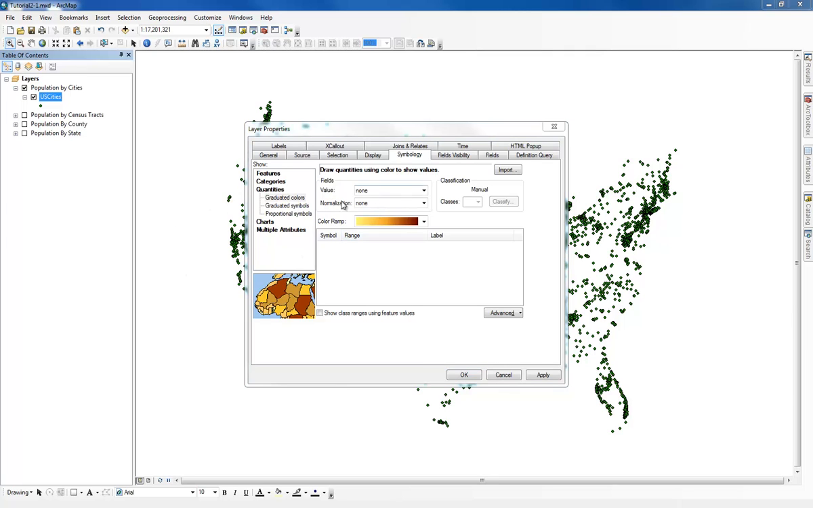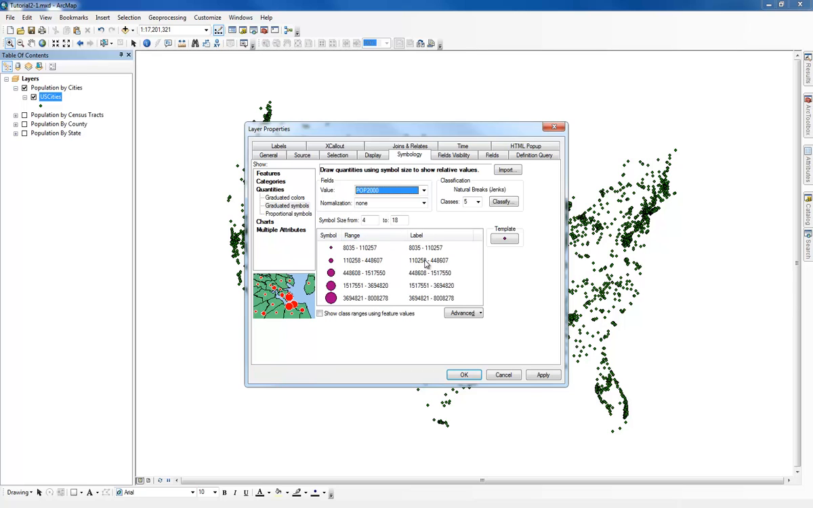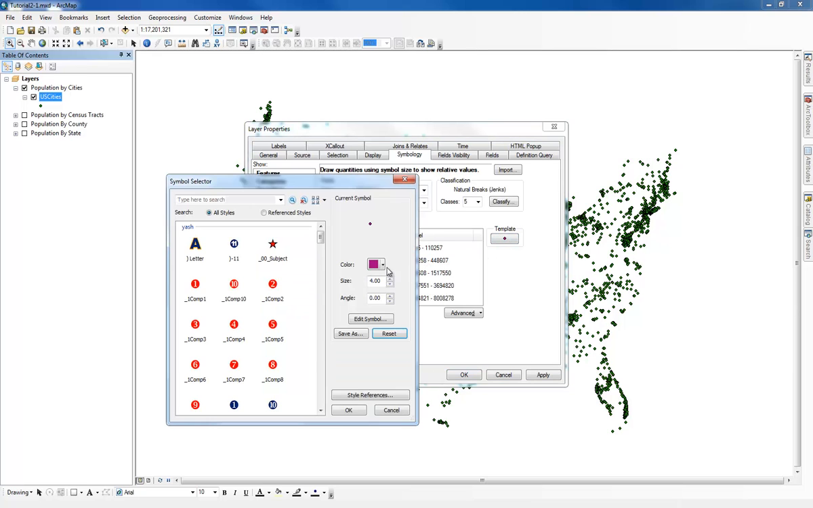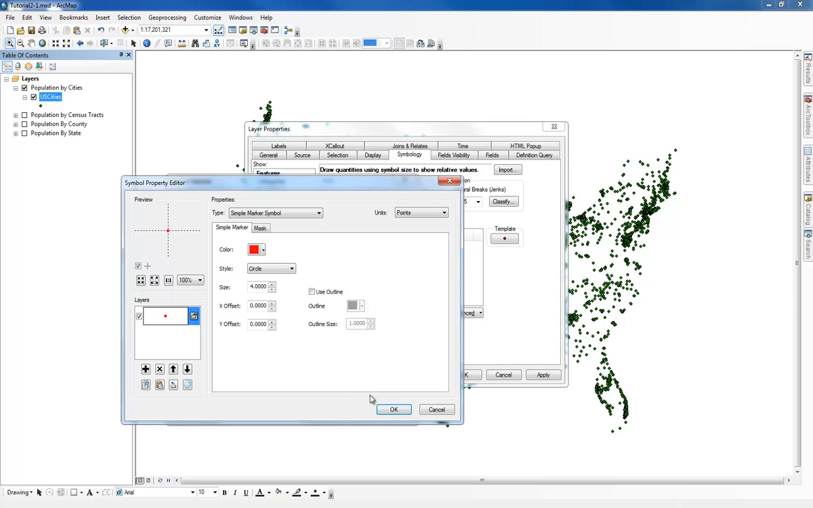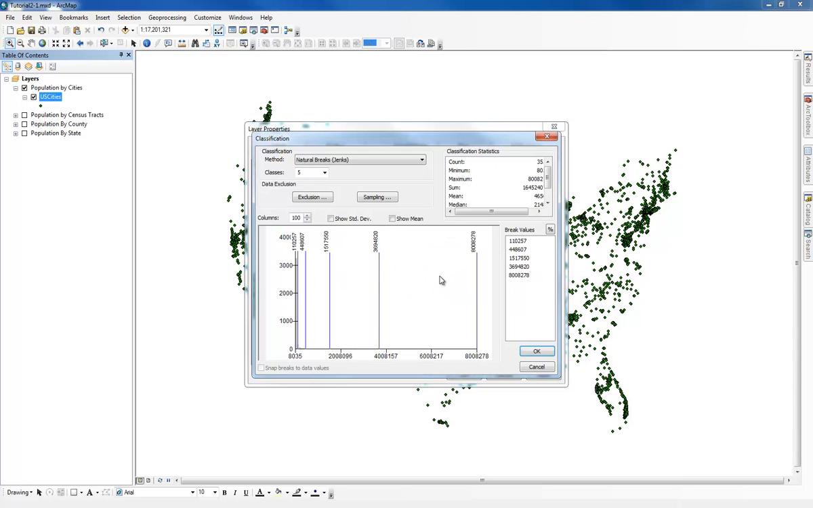So graduated symbols, and I'm going to select the value as population of 2000, and I'm going to select the template as a red color dot without an outline, looks like. So I'm not going to use an outline, and I'm going to change the classes to how it looks in the book. So I'm going to click on classify first and change them to